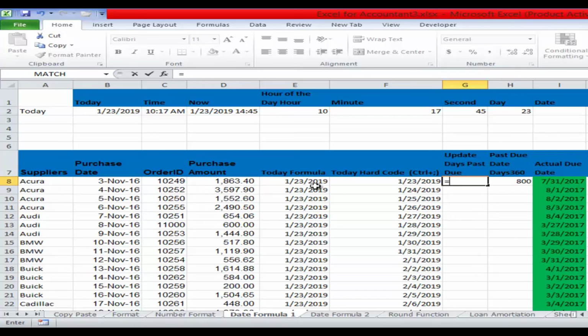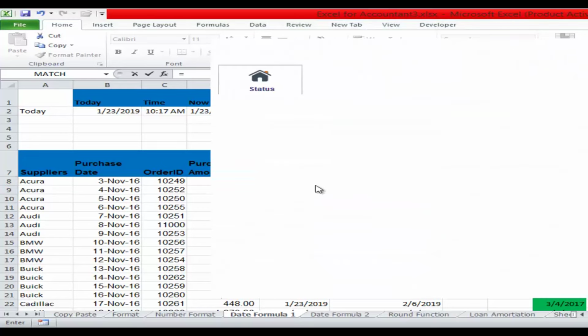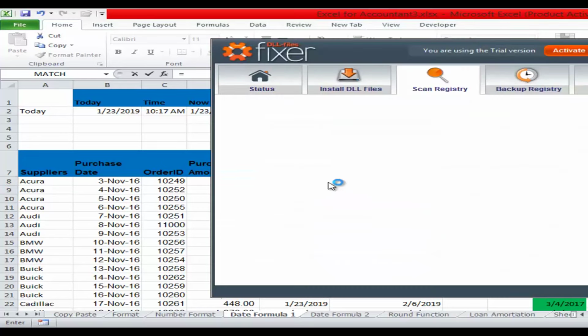You can see by today's date, we want to know how long has this car been bought. In other words, we want to look at the past due date for the car. That is the days that have been past due. Now let's assume